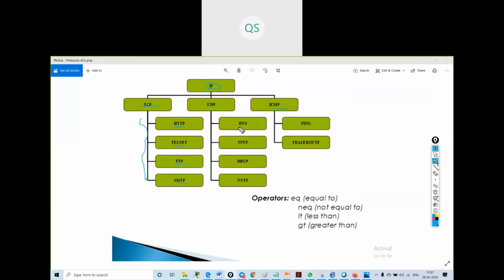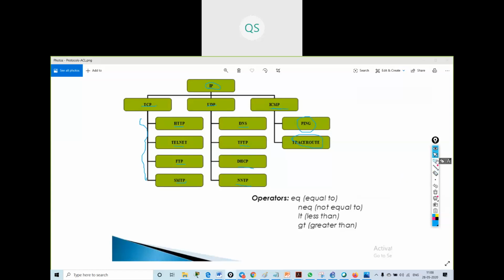UDP ones listed over here are DNS, TFTP, DHCP, NNTP. ICMP ones are ping and traceroute. These all are my ICMP traffic.